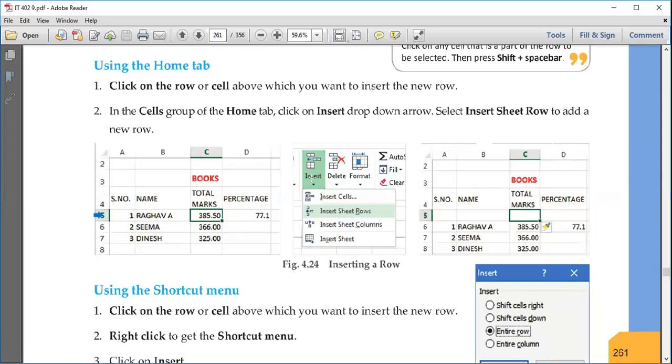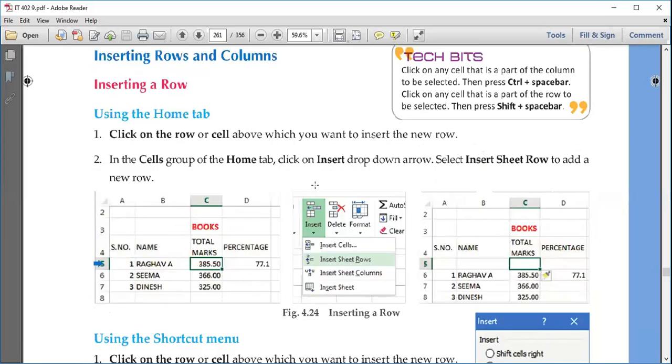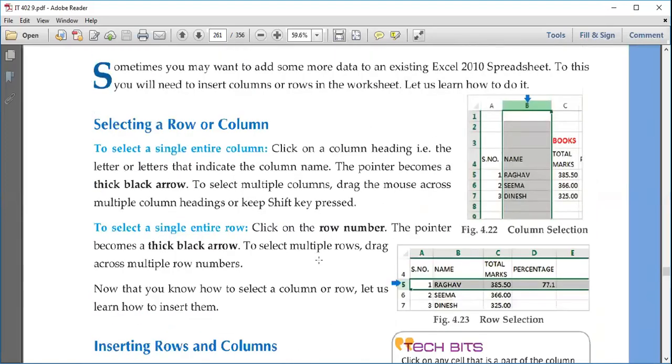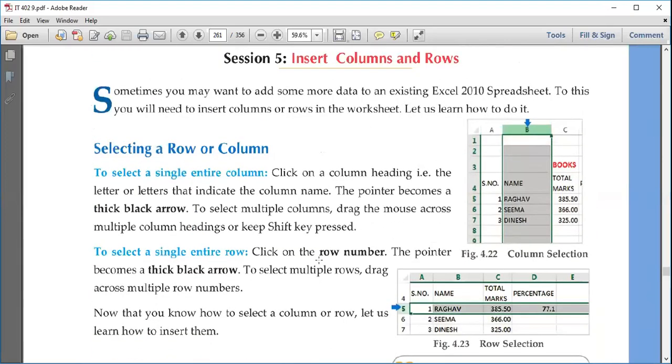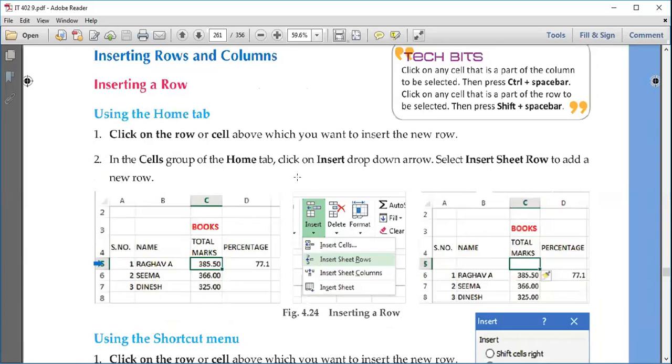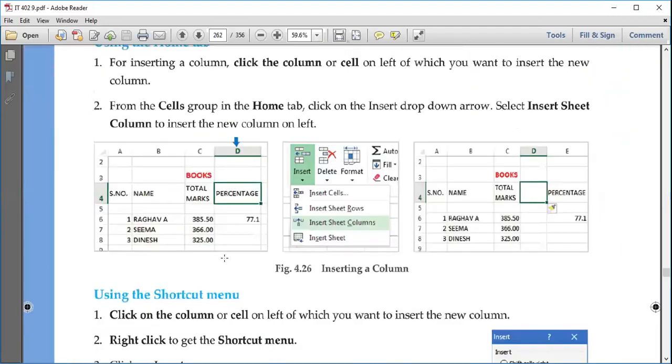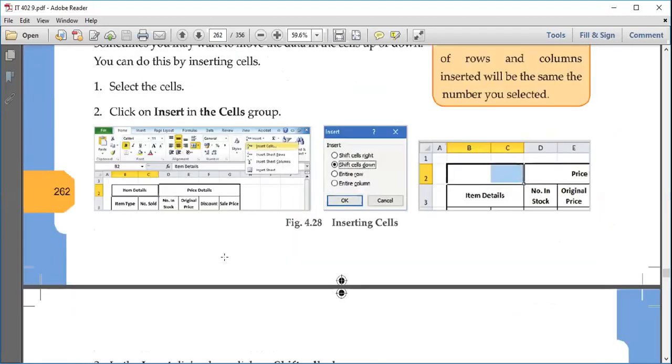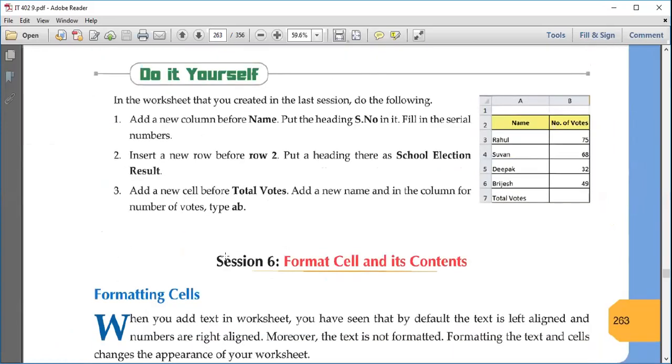And the second way is we have this insert option, insert row, insert column option available, and we can use this option also, right? This is there in the home tab, right? So with this home tab, insert down option is there. With this we can insert a row and a column. हमने ये भी किया था कि सेल्स को इंसर्ट कैसे करना है. तो